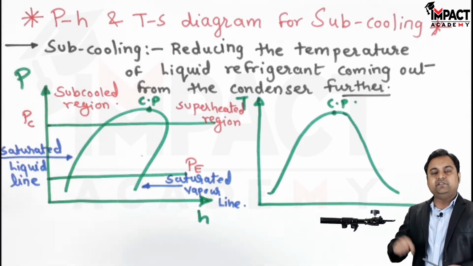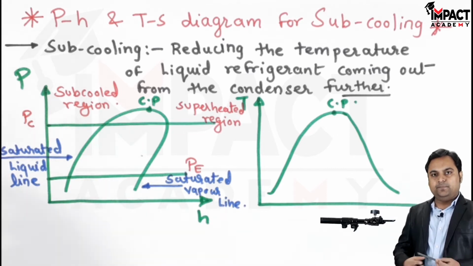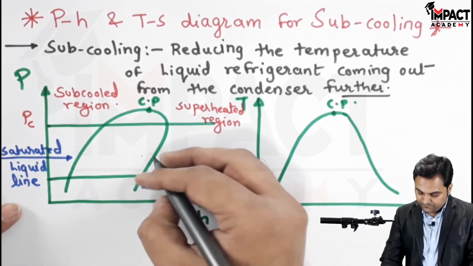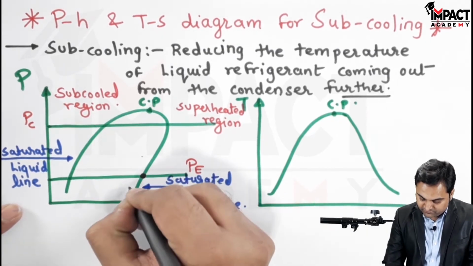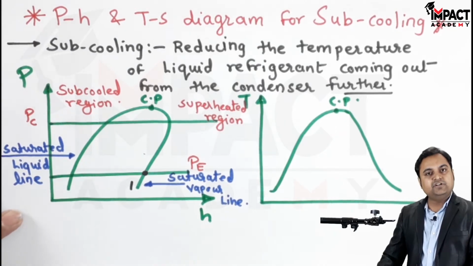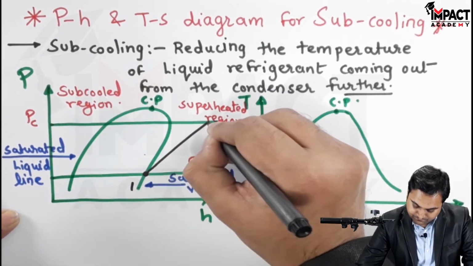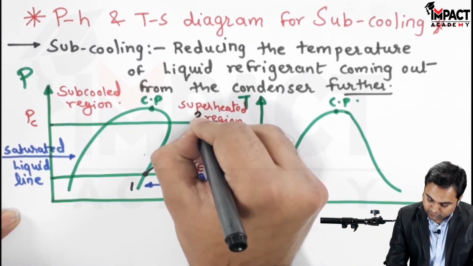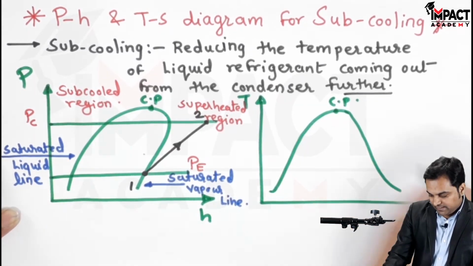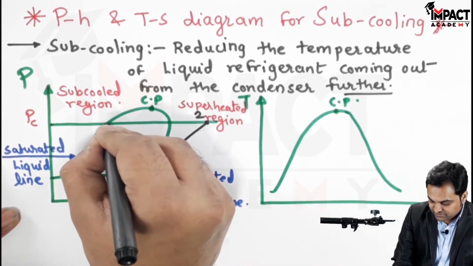First I am assuming the inlet condition that the vapor entering the compressor is dry. So when it is dry it is over this dry line. You can even show it wet because at entry the condition is not mentioned. Then it will go on compressing. From 1 to 2 it crosses the superheated region, and then from point 2 it enters the condenser and condensation starts.